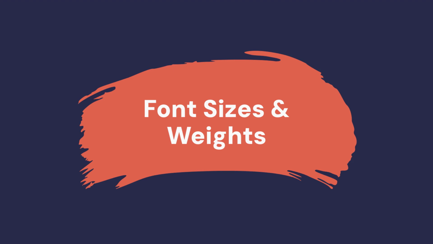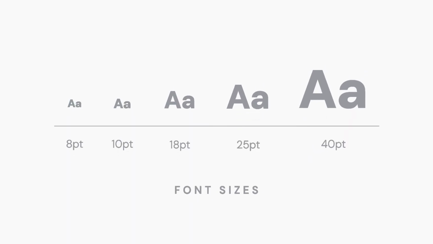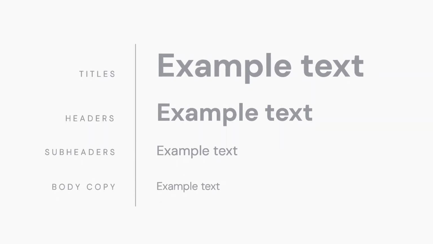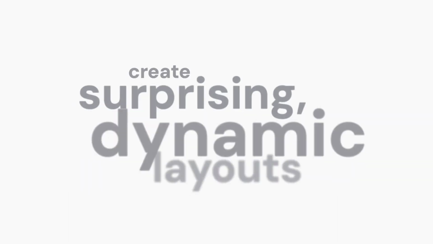One of the most important things when designing your video is to decide on sizes and weights for your titles, headers, subheaders, and body copy, and to stay consistent throughout. Staying consistent is important to give your video a feeling of order and stability, but remember that you can always break the rules if there's a good reason, such as if you want to emphasize words or create surprising dynamic